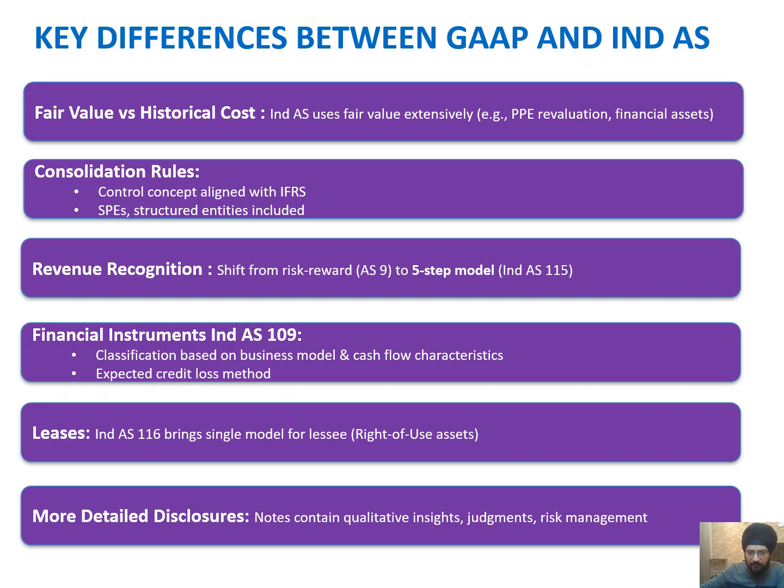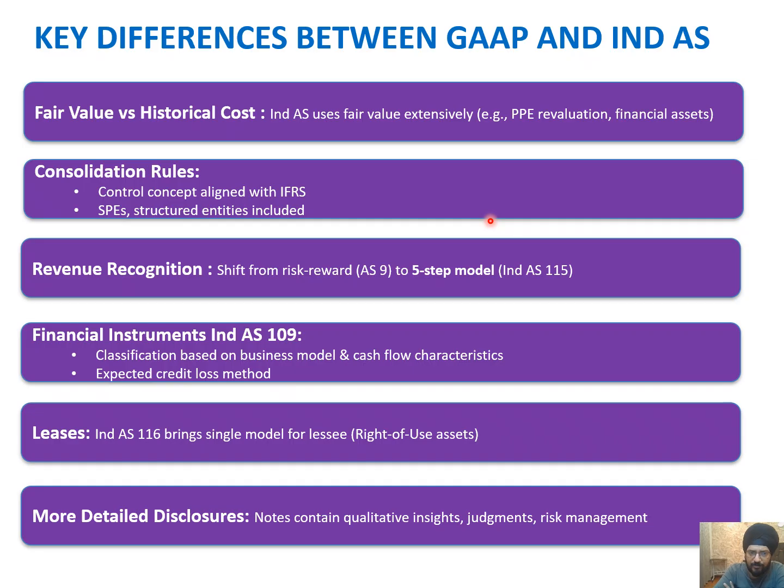The first one is fair value versus historical cost. IND AS largely has the recognition of fair value versus the historical cost in the earlier GAAP. Second one is the consolidation rule. Under the consolidation rule, in the earlier regime, it was largely on the basis of the percentage of holding. In IND AS, which is IFRS 10, it is largely on the basis of the interest in the investee company. So even a small interest in the investee company needs to be shown in the consolidation numbers. We'll speak about that in detail